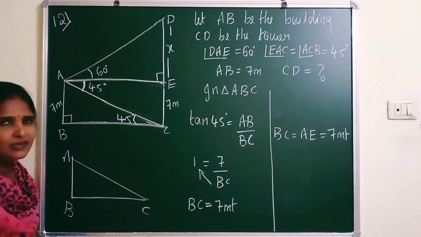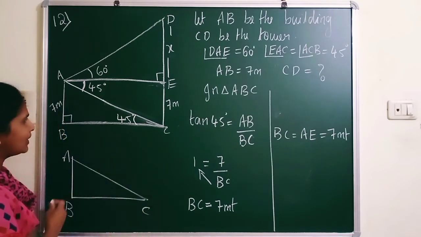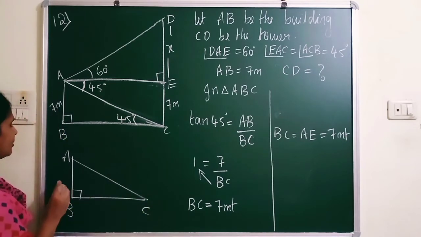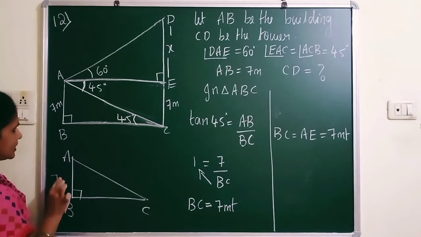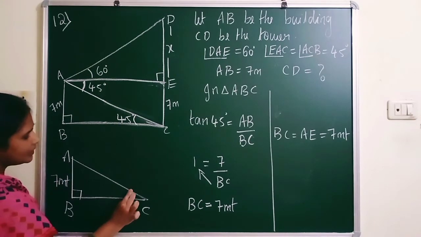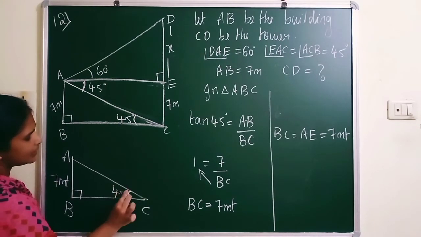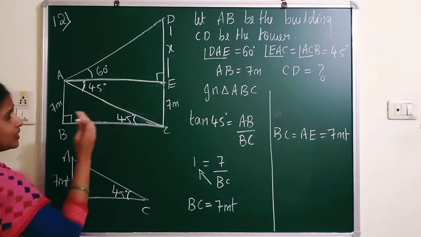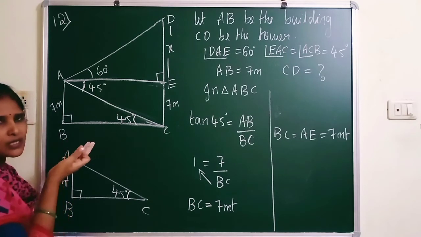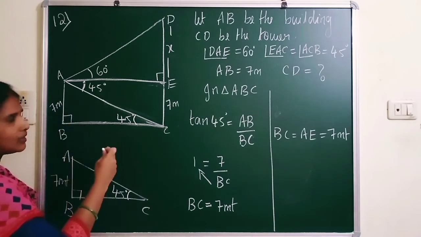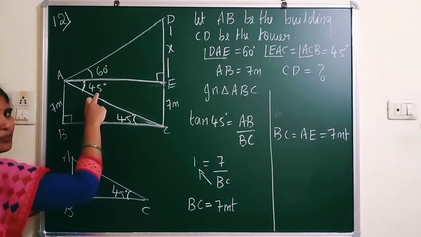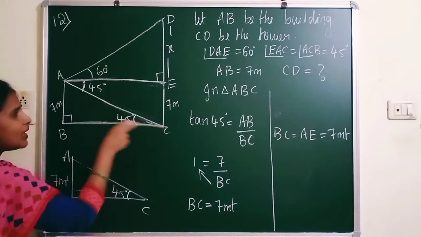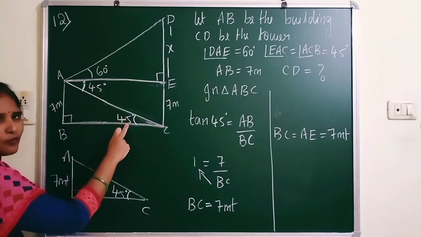For your better understanding, I am doing again the small diagrams. So this is angle B, that is 90 degree. Here is given 7 meter, and here you can see it is 45 degree. This is 45. You cannot take in this triangle. So listen always, the base should be always a ground. So that you have to consider. So this becomes angle of depression, and because of alternate angles you can say this is 45.